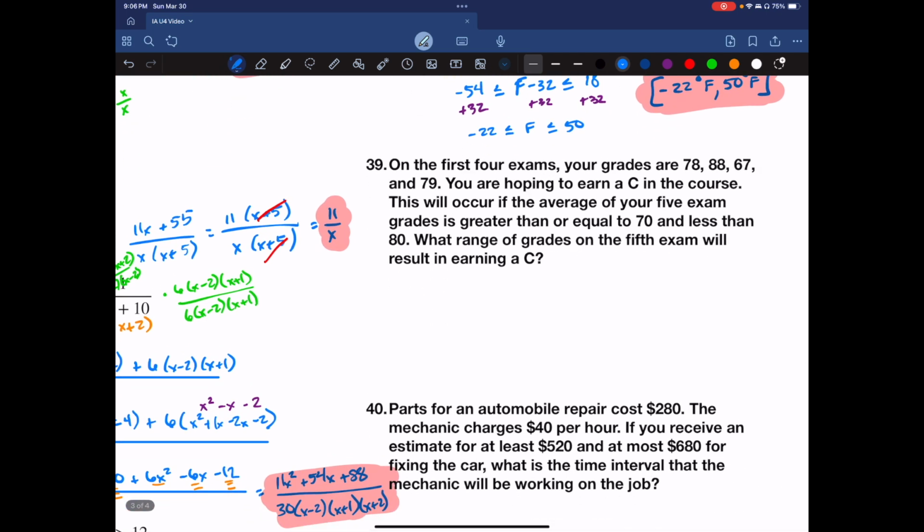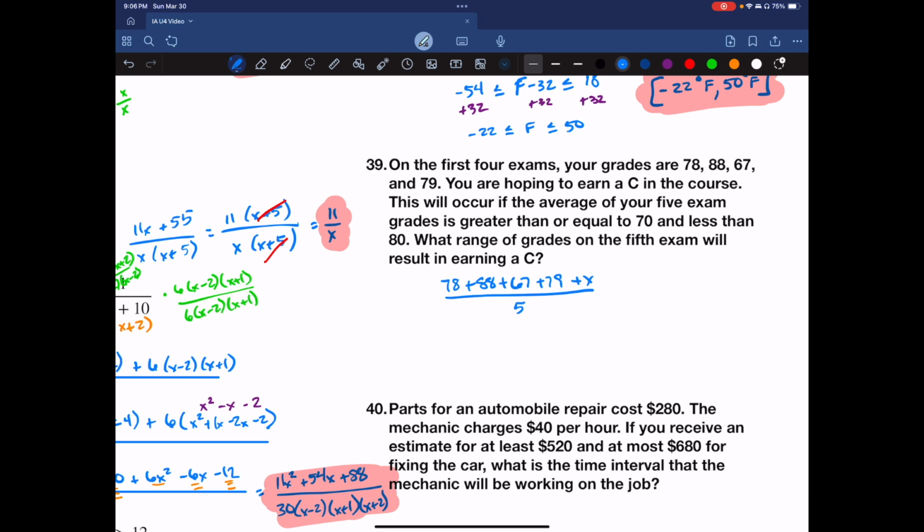Okay, we did this problem in class. On 39, it says, on the first 4 exams, your grades are 78, 88, 67, and 79. You're hoping to earn a C in a course. This will occur if the average of your 5 exams is greater than or equal to 70 and less than 80. Okay, so you have 78 plus 88 plus 67 plus 79 plus X all over 5,